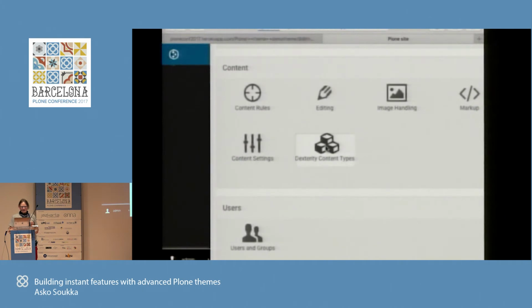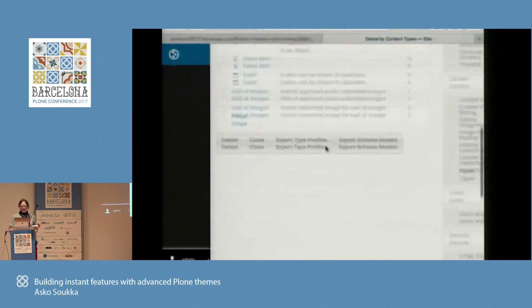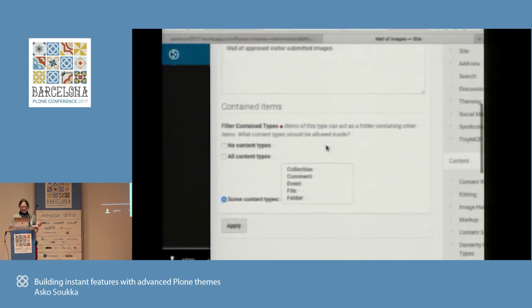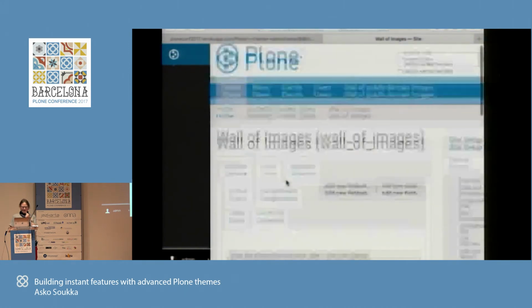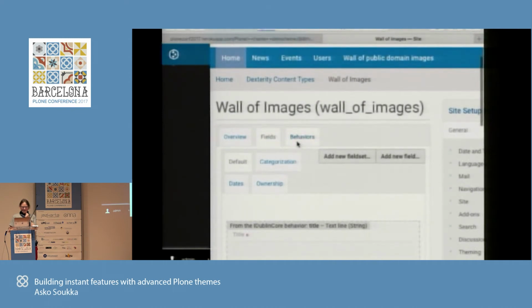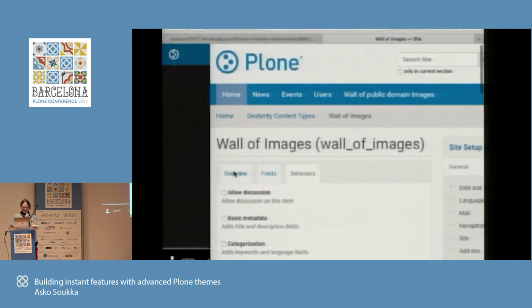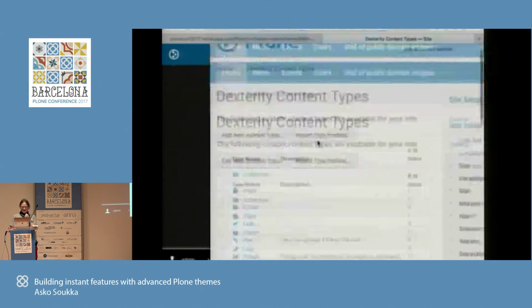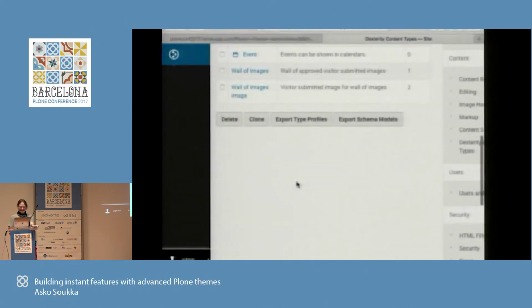They are available in the Dexterity content types control panel, by selecting the Dexterity content. Then there used to be an export button here. Yeah, no. I wonder where they have moved it. Somewhere here is the export button. Oh, yeah, front page. Okay. Yes. Here you can select and then export it. It's enough now to export the schema models and then add them into your theme